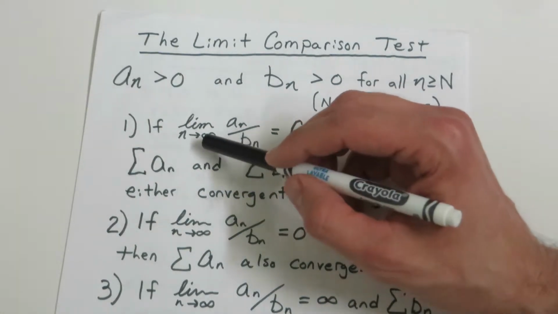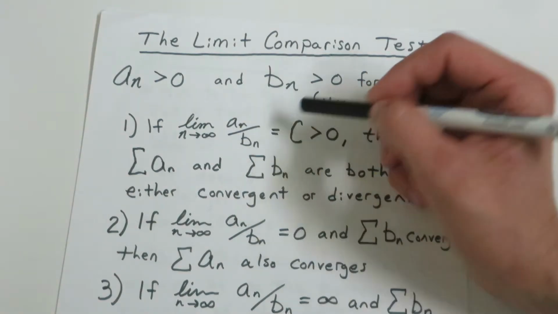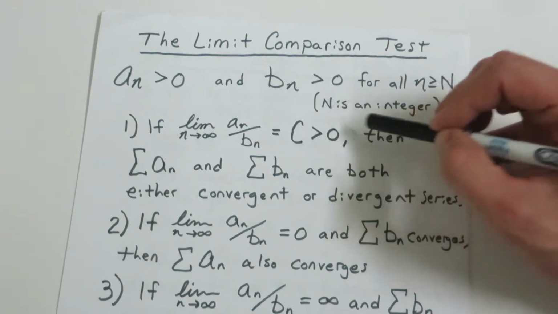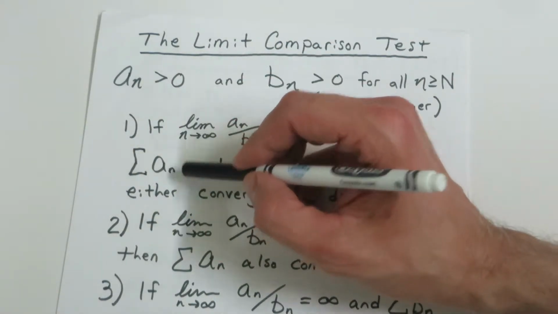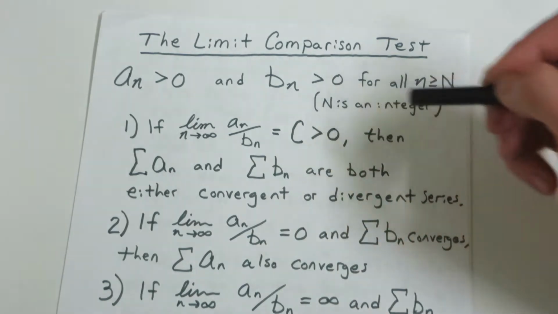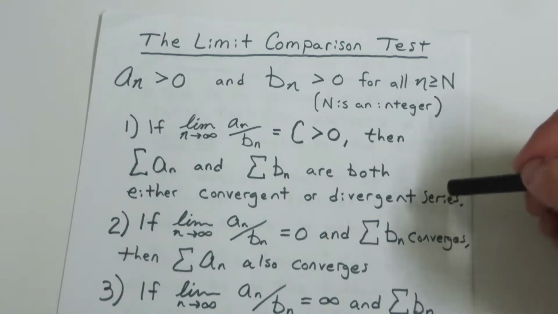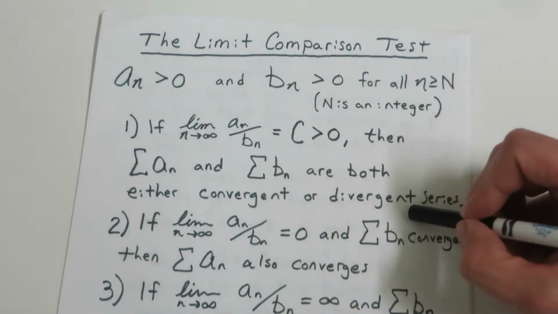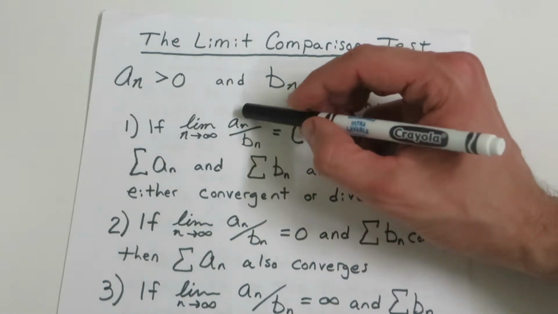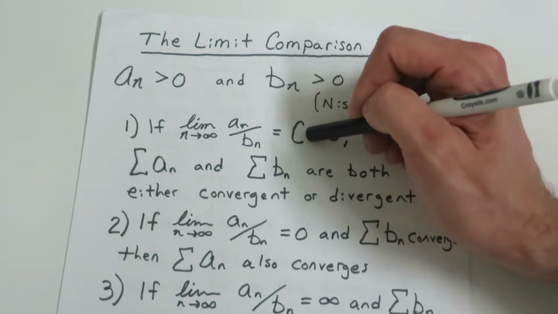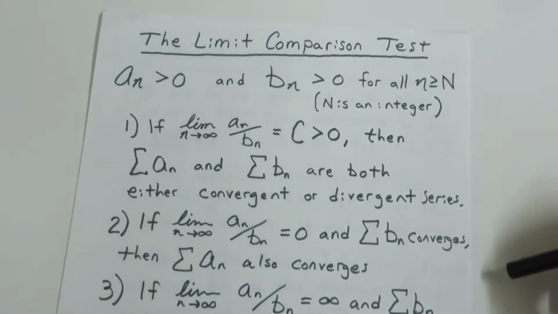If the limit as n approaches infinity of sequence A over sequence B equals some constant which is greater than 0, then either the series of A sub n and the series of B sub n are both convergent or they're both divergent. So they'll both either converge or both diverge if the limit as n approaches infinity of sequence A over sequence B equals some constant. Now this could be any constant greater than 0. The other possibility